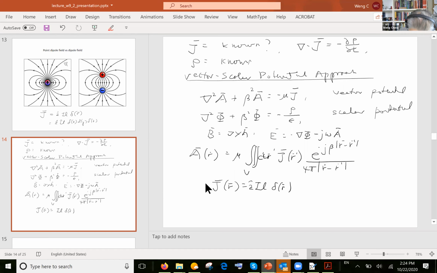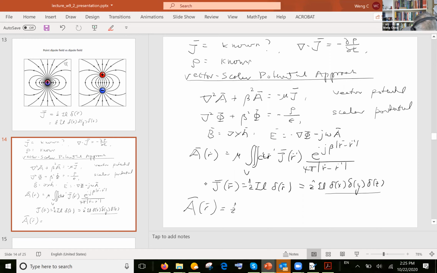Okay, say if it is pointing in the z direction, then it will be pointing in the z hat direction in this manner. And this is actually equal to z hat IL delta x, delta y, delta z, okay? So the next thing I need to do is to plug this in and use the shifting property of the delta function. Then the vector potential due to a Hertzian dipole is equal to, we plug that in, I get